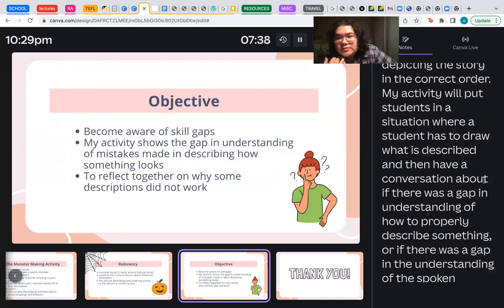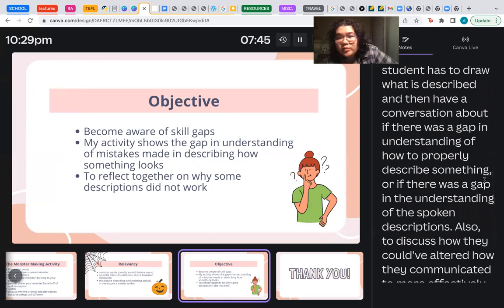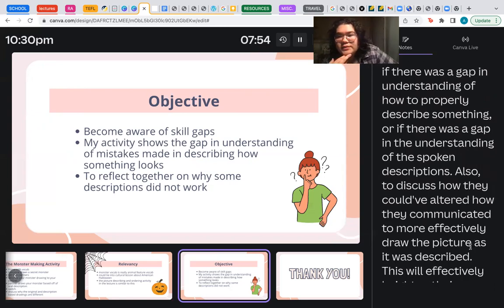So, since my activity is a situation where students have to draw what is described to them orally and then have a conversation about if there was a gap in understanding, I think that conversation that they will have to have about whether there was a gap in understanding how to describe something, or if there was a gap in understanding the actual spoken descriptions from the drawer's side, I think that's really important in understanding